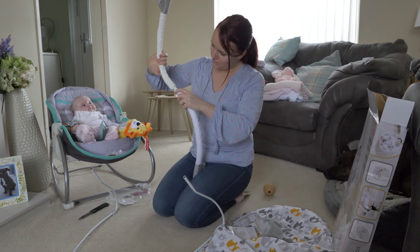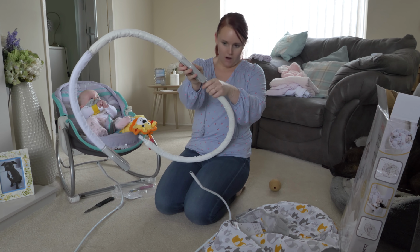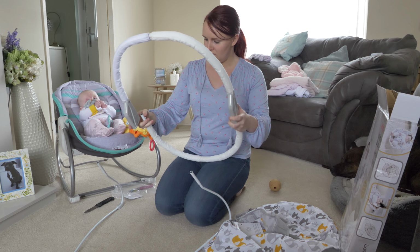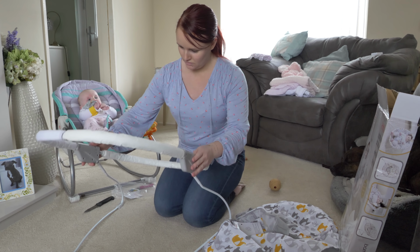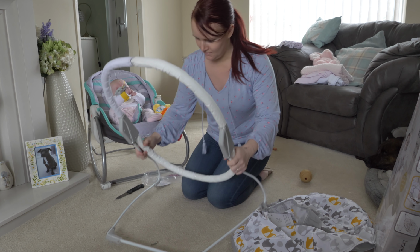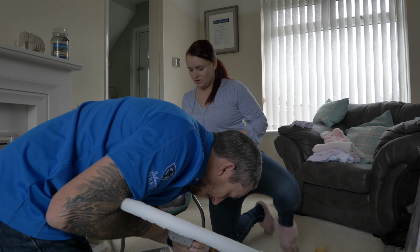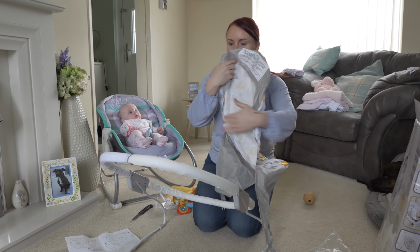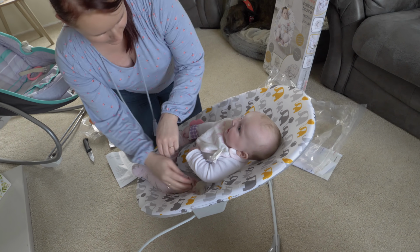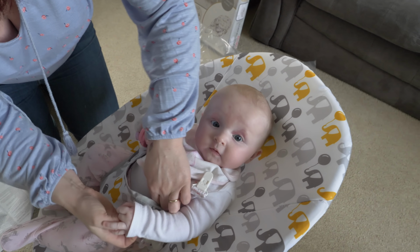Yay! What are you doing? Oh, right, well, they have to go in that hole. But which way? I don't think it matters. Well, it must matter. Yeah, but they've got to clip in, surely. Yeah, they do, but I'm making sure they're in the right hole. Okay, you're the boss. Right, this ain't going in. Put your teeth on there. Let's change it. Right, there you go. And then this just goes over here, guys. So that is how you put a bouncer together. You smiling? Wait, your dummy's all caught up in the...